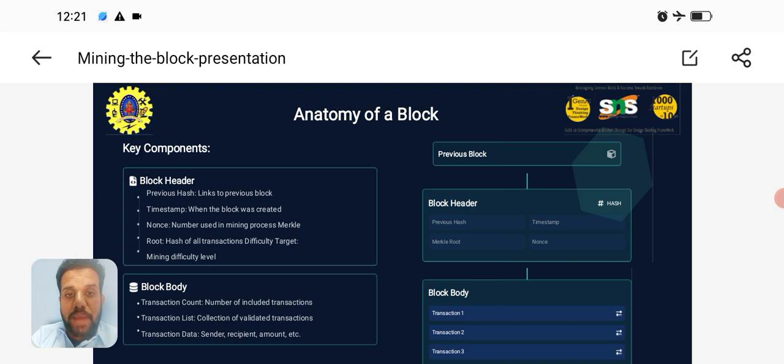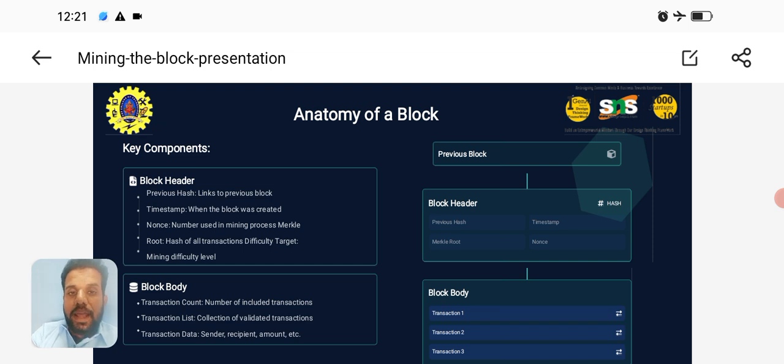For doing the mining process, we need to know what is happening inside the block, that is, what the components inside the block are. Only then can the miners understand how to create a new block, how to find the previous hash value, and how to mine fast. Those who mine first will get the reward in terms of bitcoin. Others will become validators.